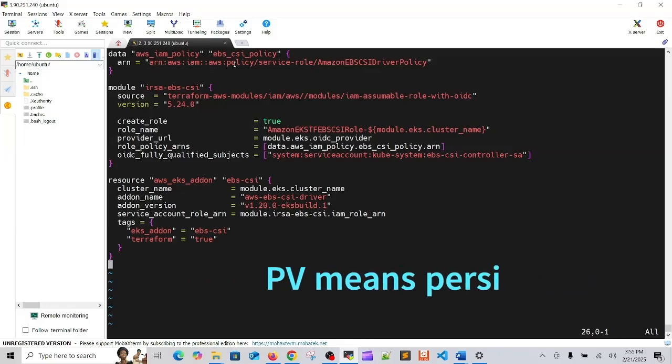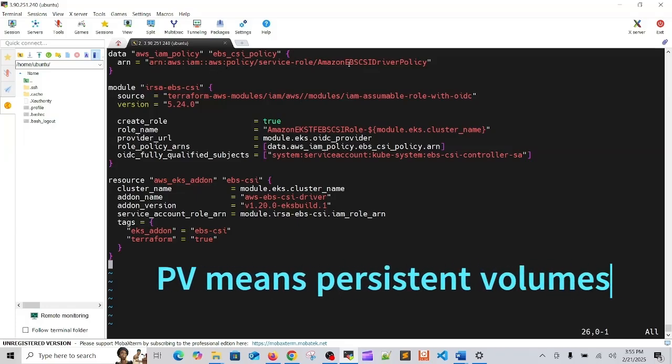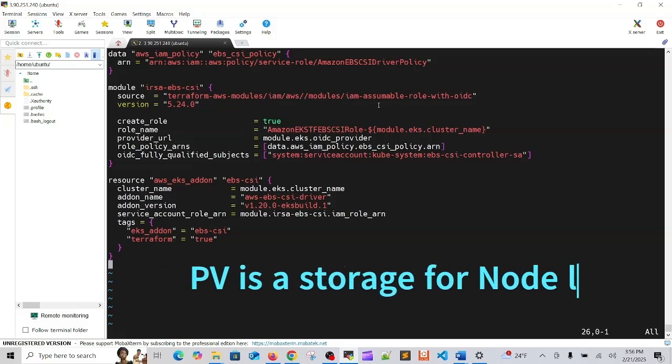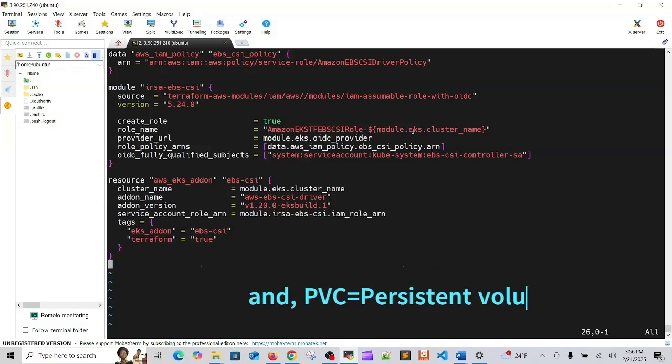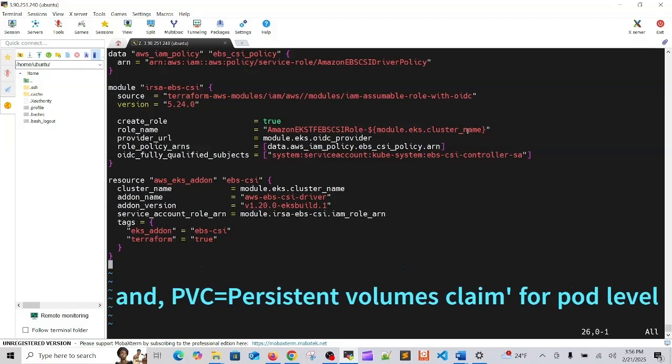This is the ARN for policy service role, Amazon EBS CSI driver policy, then module IRSA EBS CSI, then source Terraform AWS module slash IAM, AWS modules IAM assume role, then with OIDC. Version 5.24, create role equal true, role name, this is the role name, and module.eks.cluster_name,